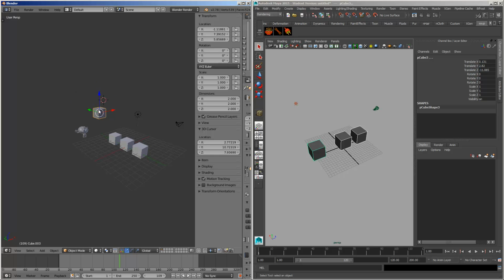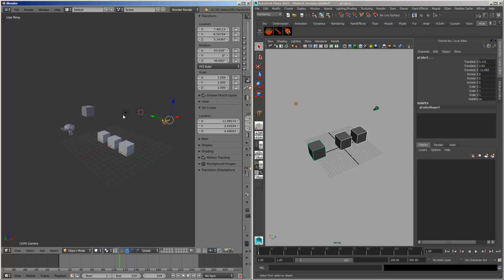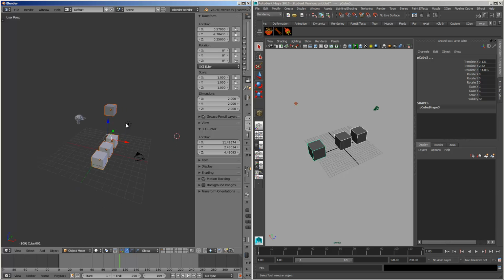So in the 3D view, left click is not selecting, okay? If you want to select something, it's actually right click. So right click is select an object. I already kind of get used to it, so when I switch to Blender, I know that I need to use right click, so it's not a big deal. You can actually switch to that kind of workflow,